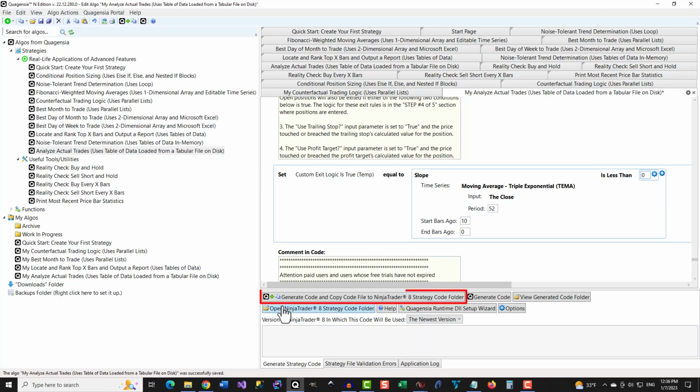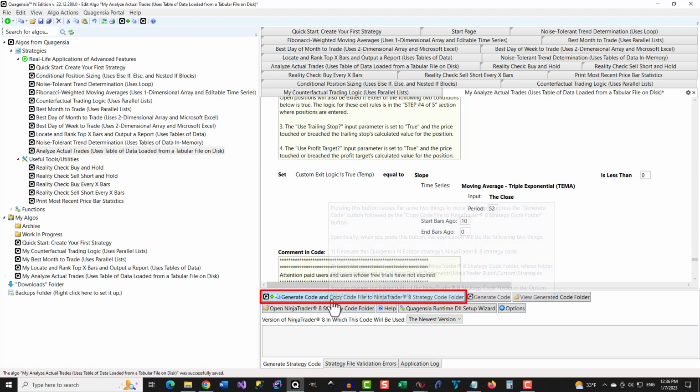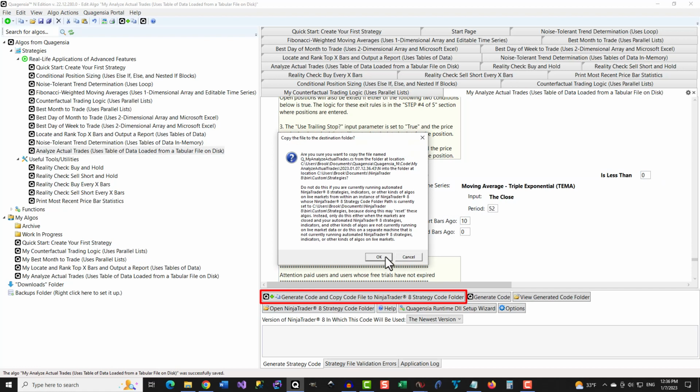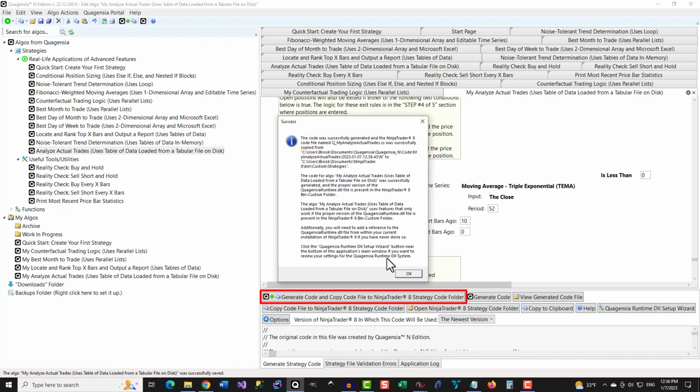Then click this button to save your customizations, generate your customized strategy's code, and send it to NinjaTrader 8.